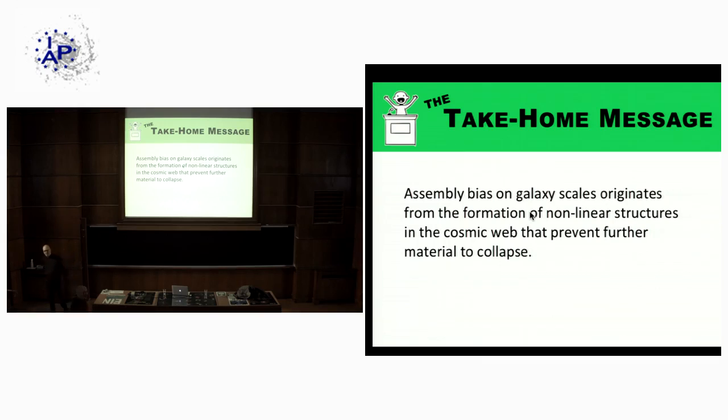So you mentioned the effect of assembly bias on disk thickness, but you didn't say anything on the morphological mix of galaxies, and especially about, do you have elliptical galaxies in this sample of simulated objects? Okay, so